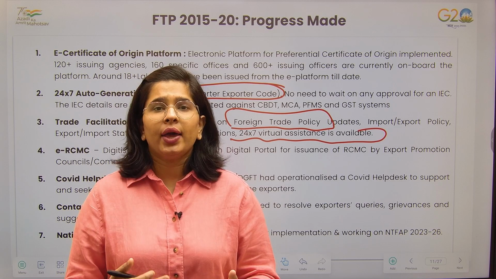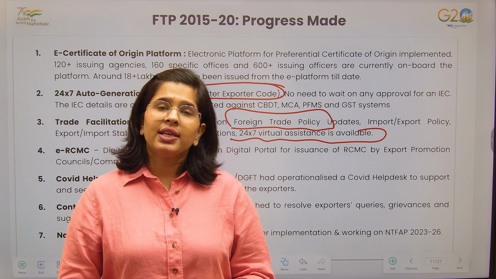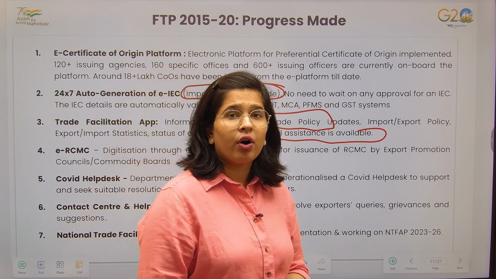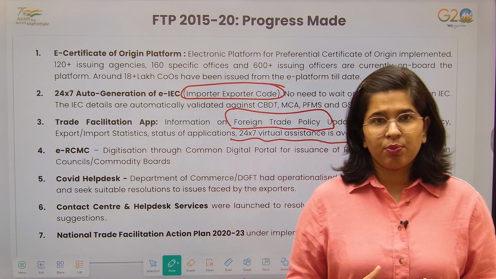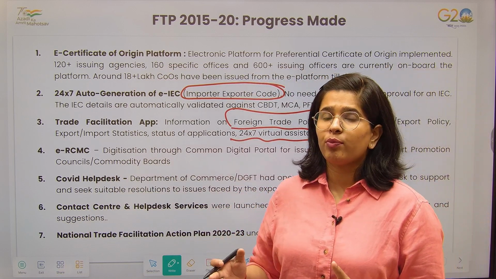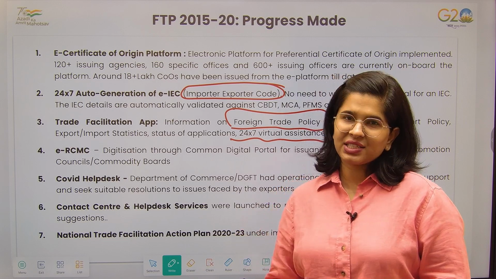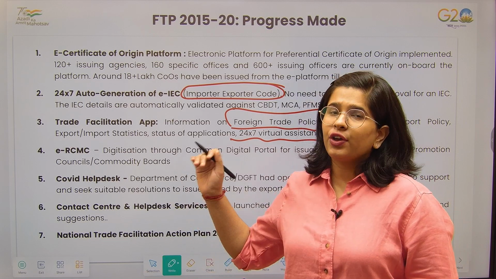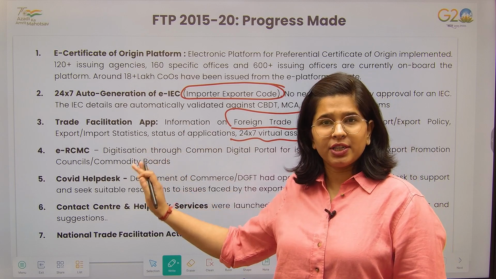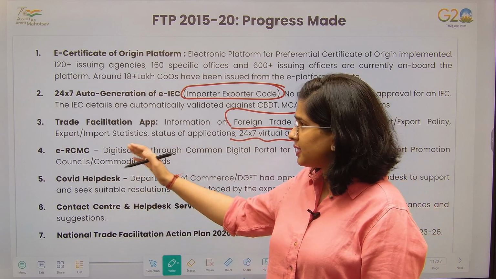They enable them to export more, right? Various government schemes are brought in for the benefit of the exporters. So these export promotion councils become the mediator and provide the benefits of such schemes to the exporter. So if you want to take the membership of any particular export promotion council, this is the tool that you